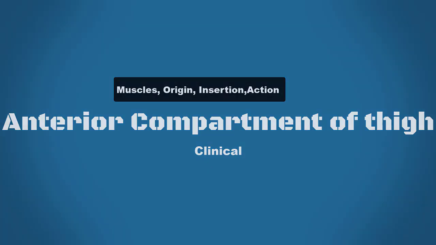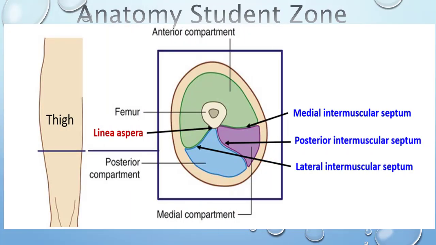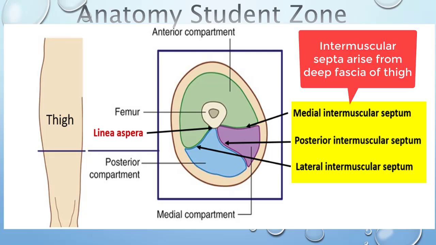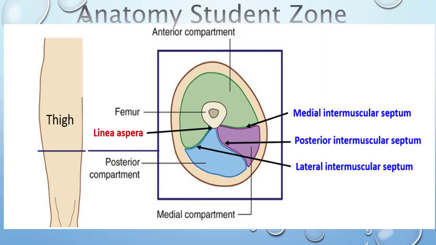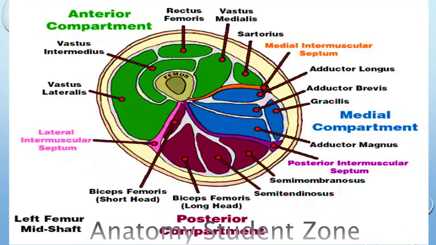As discussed earlier in a previous series, the intermuscular septa arise from the deep fascia of the thigh, and these intermuscular septa divide the thigh into three compartments. Besides these old points that I have repeated, I am going to tell you another important and new point about the lateral intermuscular septum. Remember, dear friends, the lateral intermuscular septum is a strong layer among the other septa, the medial and the posterior intermuscular septa. Among these three, the lateral one is the strongest.